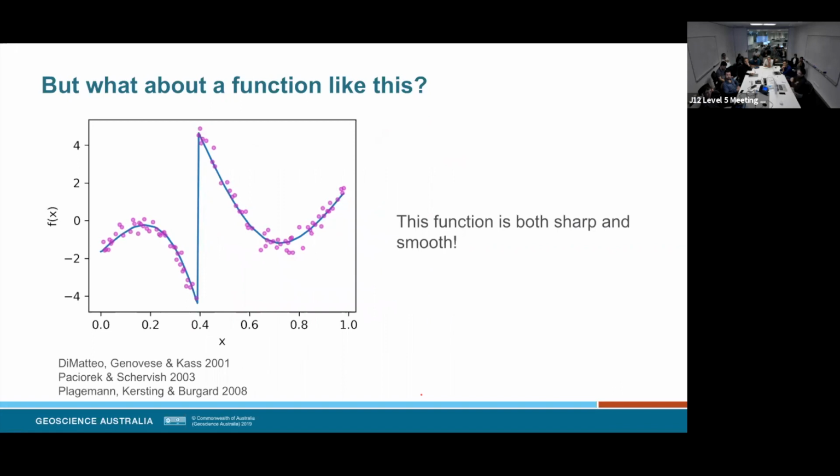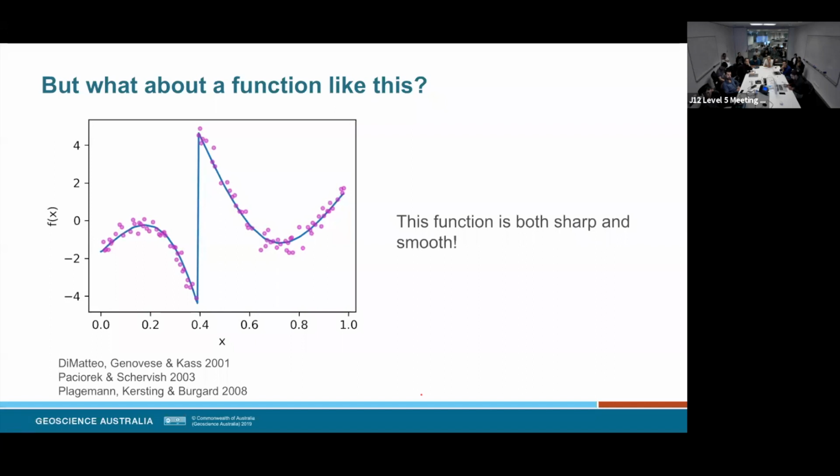Now we get to a point where you say, well, that's great. All the variations you've shown have been smooth, but what about a function like this? When I showed this to my wife, she's a neuroscientist, a neuropsychologist to be specific, and she said, well, that looks like an action potential for nerves in the brain. Okay. And it turns out that statisticians and neuroscientists have been studying these kinds of models for a really long time.